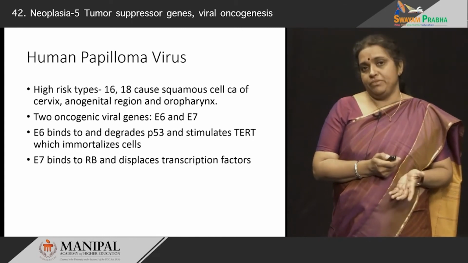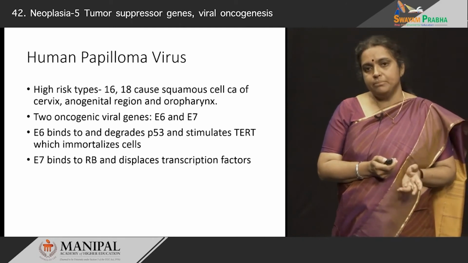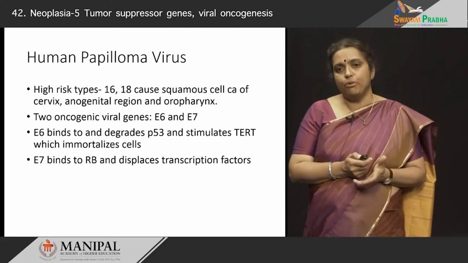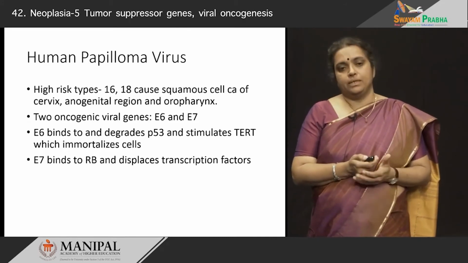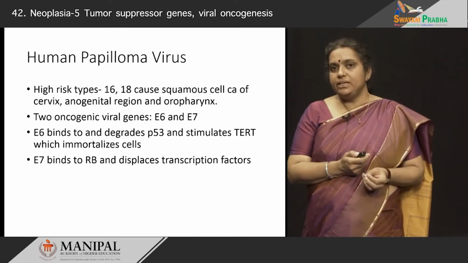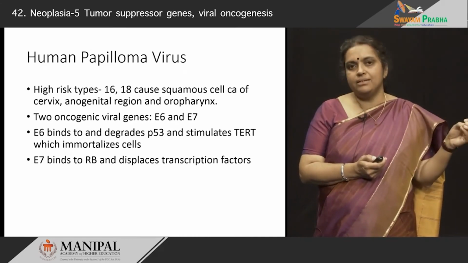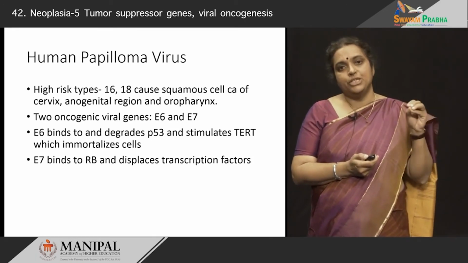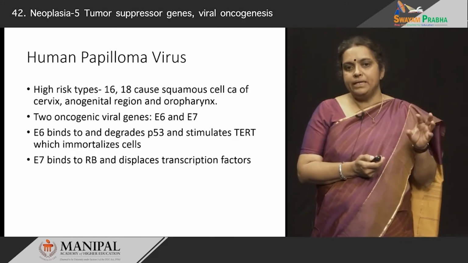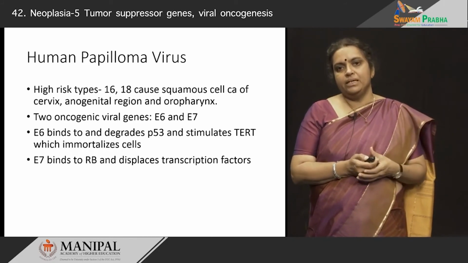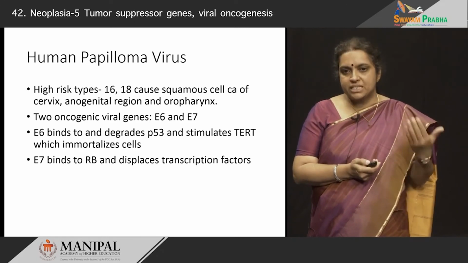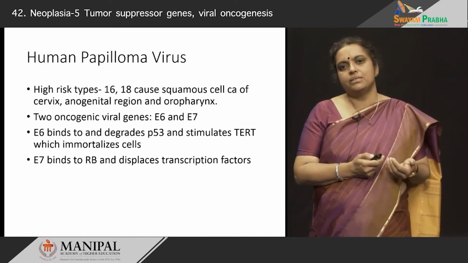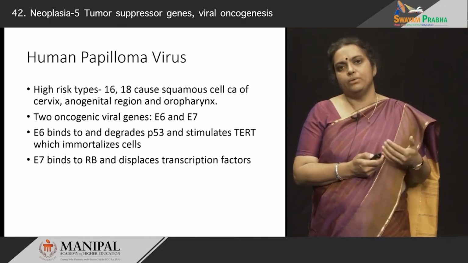Now, how does HPV cause cancer? HPV causes cancer because of two genes which it has, the E6 and the E7, the two important genes. And how do these work? The E6 binds to and degrades p53. So, now we just learned that p53 is a guardian of the genome and it is a tumor suppressor gene. So, now by binding to and degrading p53, it causes the DNA damaged cell to proliferate. So, it is not arrested, it does not go into quiescence, does not go into senescence, and it goes into